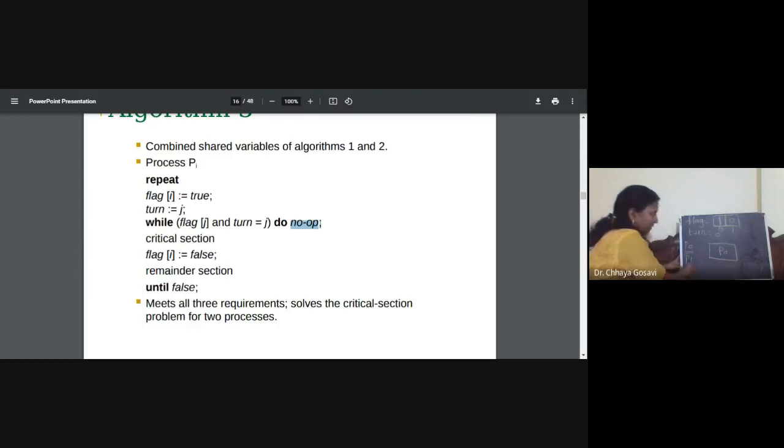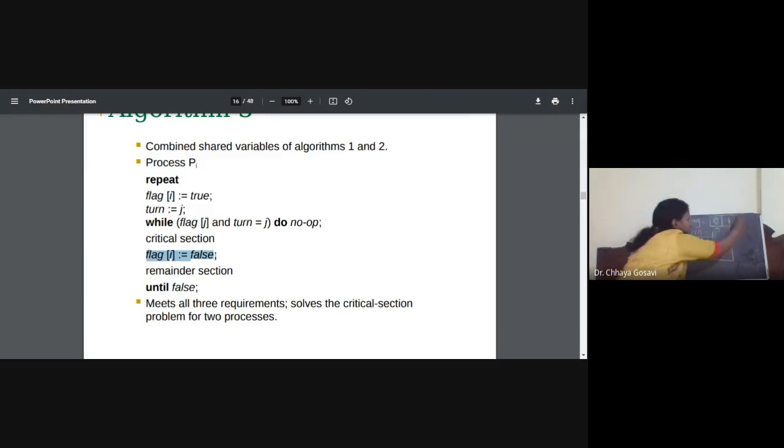Now suppose P1 arrived and set its flag, but the turn is 0. So P1 has to wait till its turn. We are allowing mutual exclusion: only one process at a time can execute. When P0 completes its turn, it will change its flag to 0 and change the value of turn. Now when turn is 1 and flag of 1 is 1, then P1 is allowed. What if there are more than one process, a second process as well?